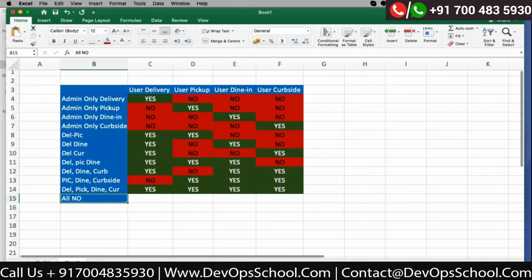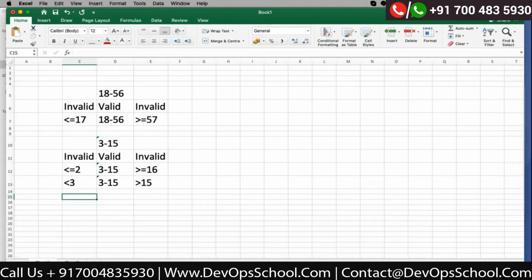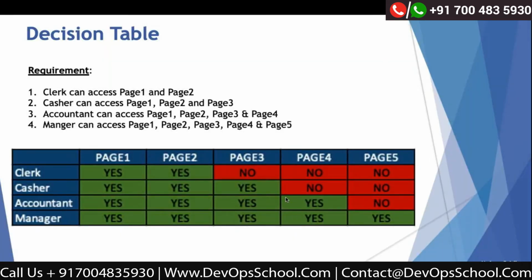The same way, we have another example: if you want to check which pages are available to a clerk, that means what pages he should be able to see, you can create a table within your role. Based on that, you can say this can be visible. So that is how you can implement a decision table in your automation as well.